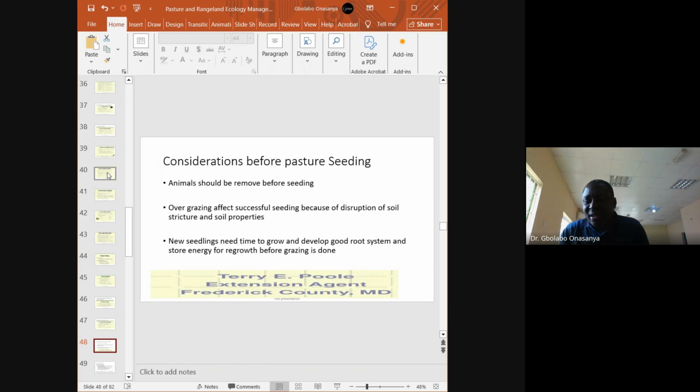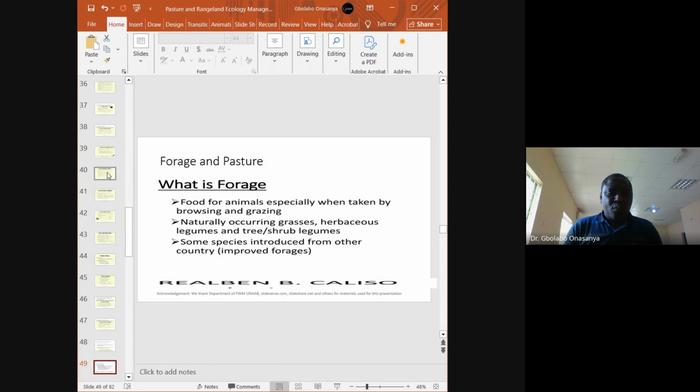When you have done seeding and your plants have grown, you must allow them to develop. You must allow your grass, your forage, to establish its roots, so that they'll be able to withstand grazing pressure. If this is not done, grazing pressure will destroy the plants and they won't be able to regrow. But if this is done before introducing grazing, then they will have the capacity to regrow. Grazing pressure will not exterminate them. Am I speaking sense? Fantastic.